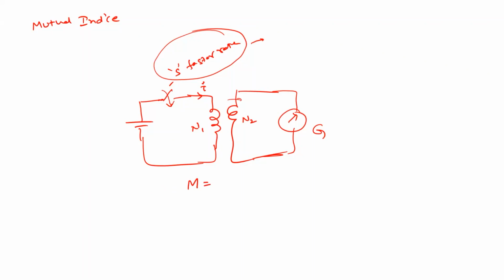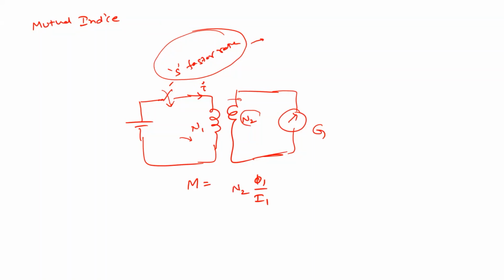So what is mutual inductance? It is the ability of one coil to produce an EMF in a nearby coil by induction, when the current in the first coil changes. So what is the rate of change in this first coil? That is phi1 by I1, right? Agree? Yes, sir. This is linked with the N2 turns of the second coil. So this is how we define the mutual inductance, M.